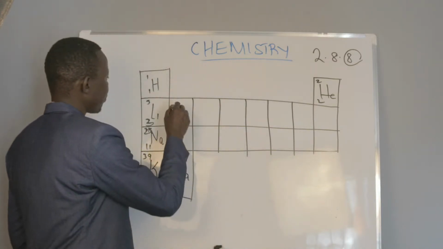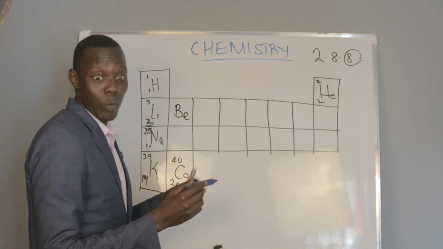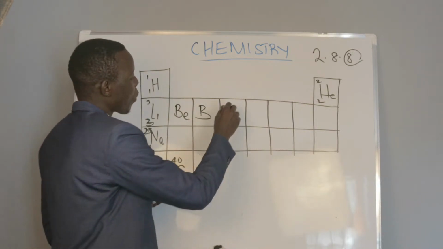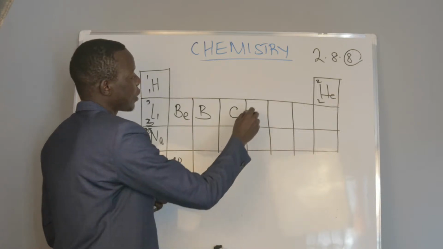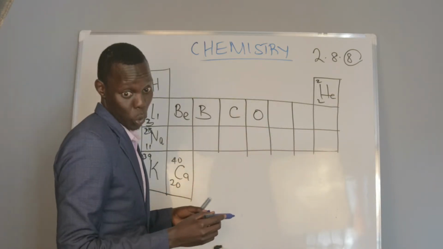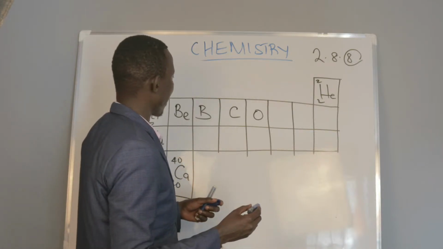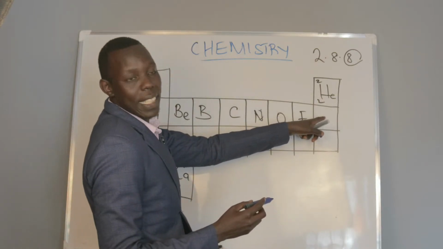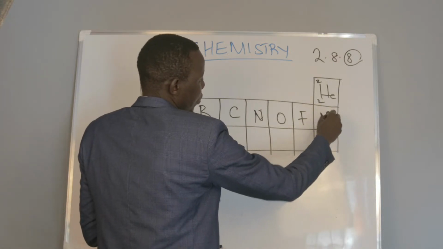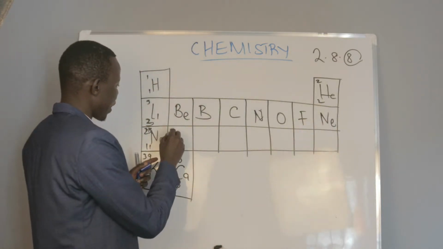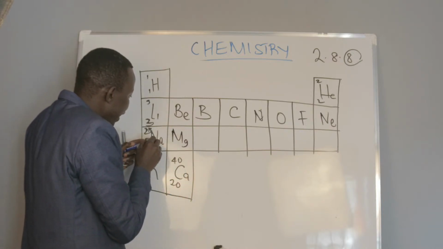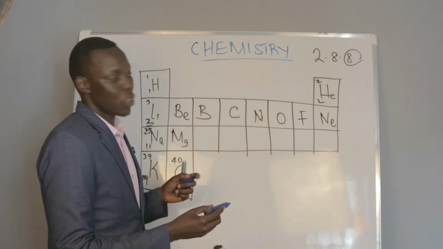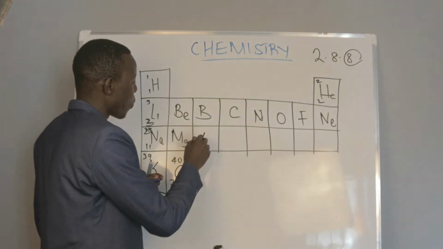Now, here is beryllium. Are we together? We are fixing boron. Okay. What next? Carbon. Okay. Oxygen. I am writing the symbol of oxygen atom, not oxygen molecule. Then beryllium, boron, carbon. Sorry, here now, that is what we call neon. Then here we have magnesium. For this, it is arranged 11, 12, 13, 14, 15, 16, 17, 18. So magnesium.